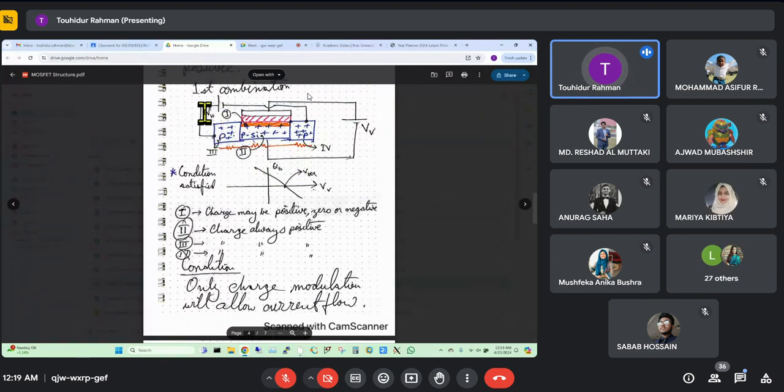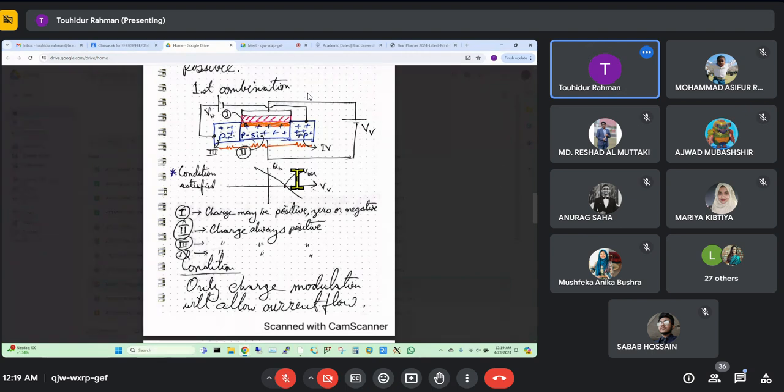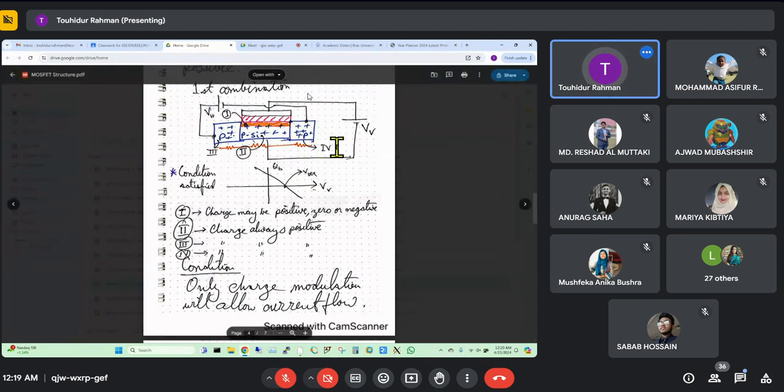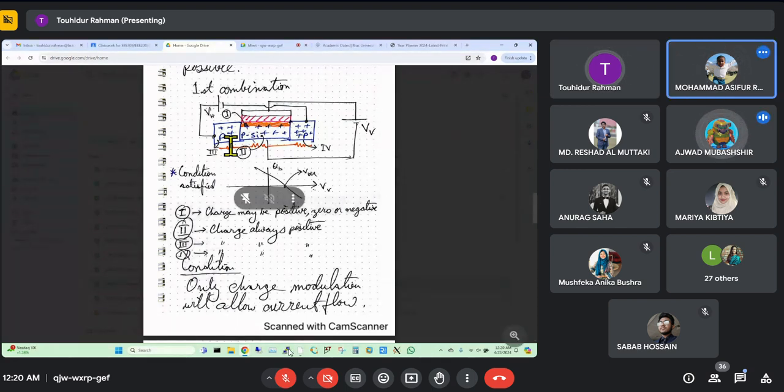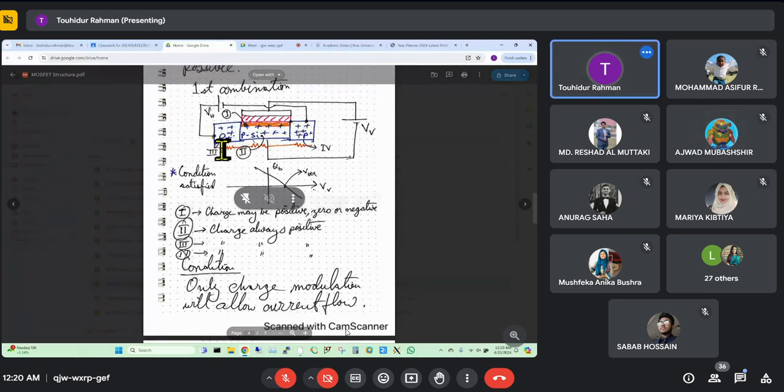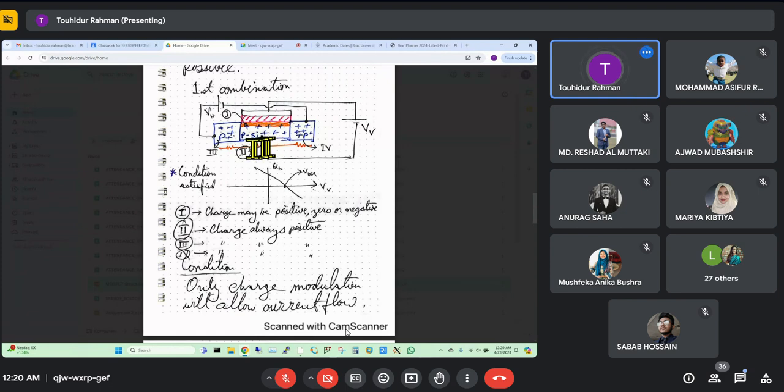Now, if we have a circuit with a voltage source and three resistances only, can we change the value of the current? These three resistances are fixed, and the voltage is fixed. Is there any way we can change the current? We have constant resistance and constant voltage. What will be the current, constant or variable? Constant. So for this structure, there will be current flow, of course,